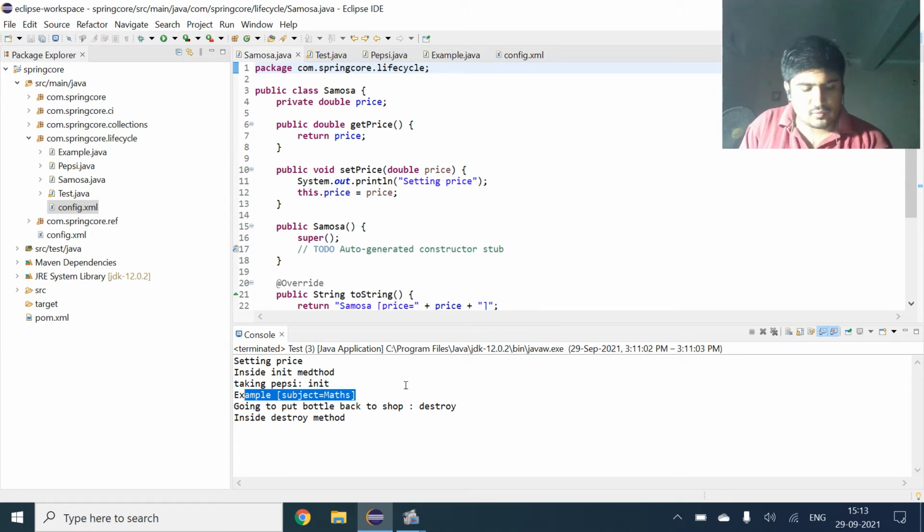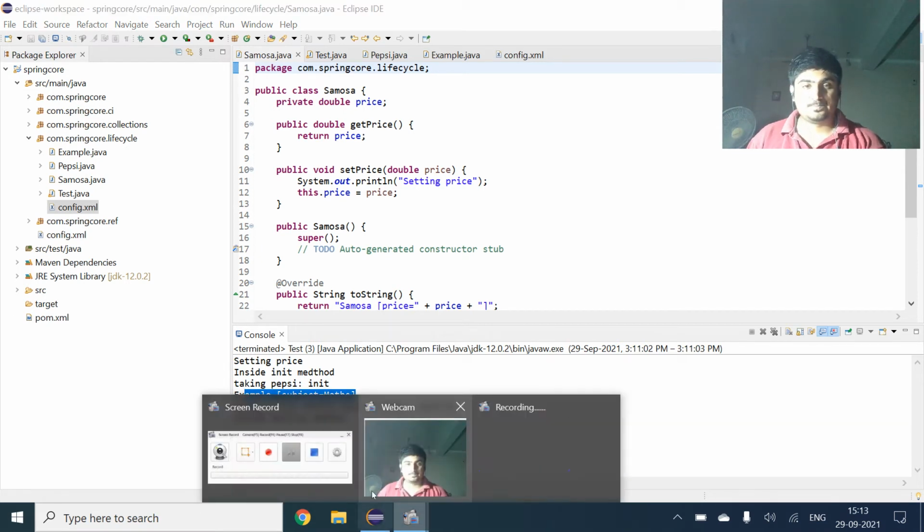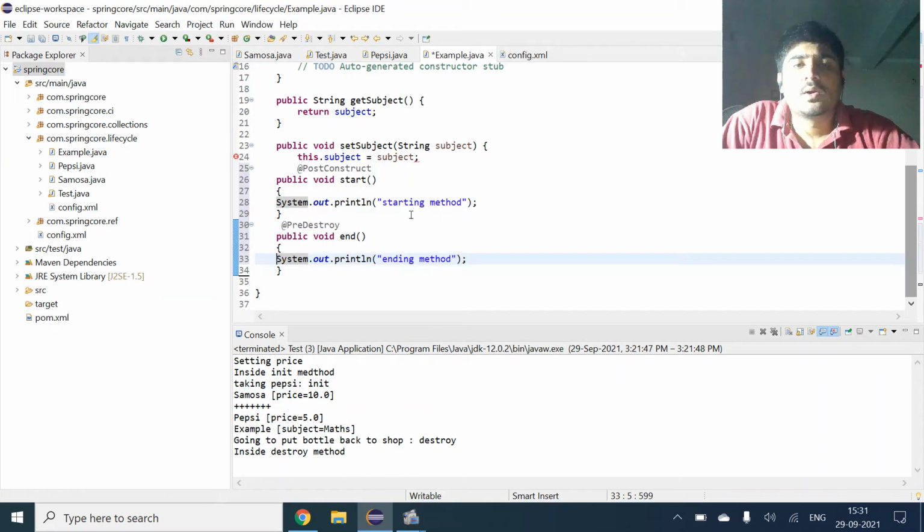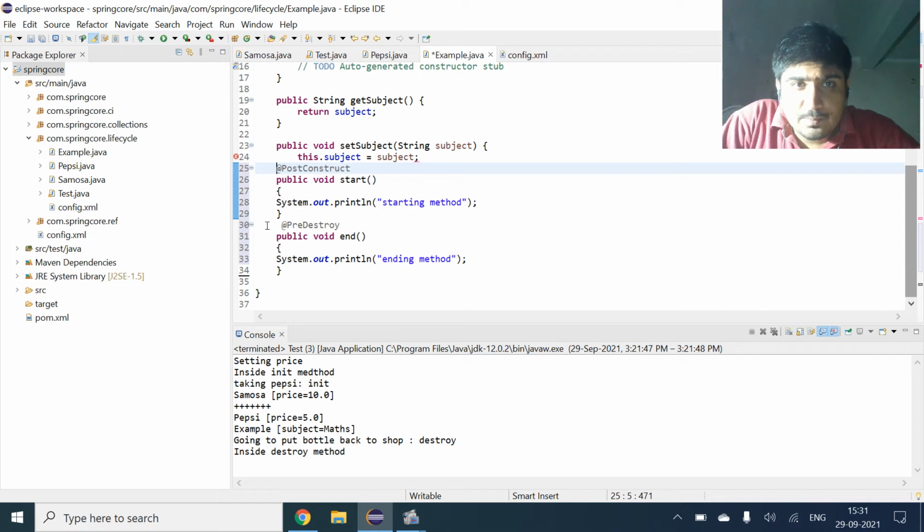Now when it comes to these two things, PostConstruct and PreDestroy, we will see what is the basic function of these two things. I have just used these two annotations, PostConstruct and PreDestroy.